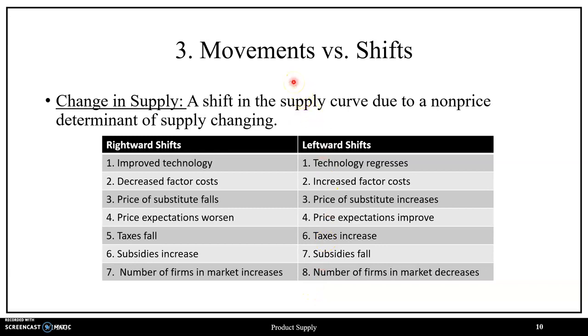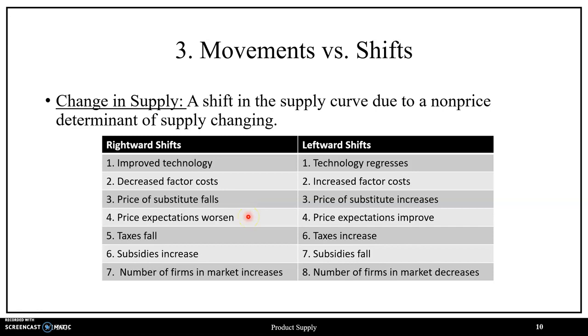Now, with some intuition on movements along the product supply curve due to changes in price, let us look at shifts in the product supply curve. Shifts in the product supply curve will come from changes in supply, which we can define as a shift in the supply curve due to a non-price determinant of supply changing, where we've mentioned that these non-price determinants include technology, factor costs, the price of other goods in that firm's portfolio,